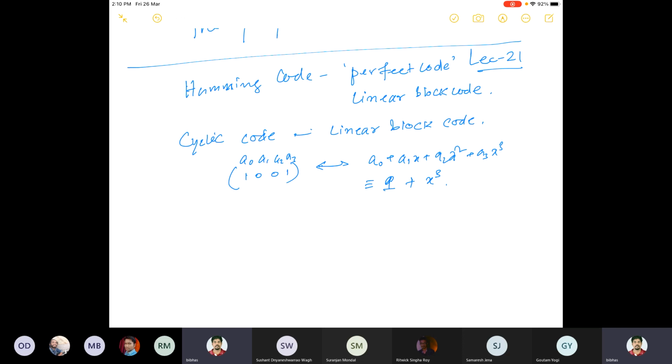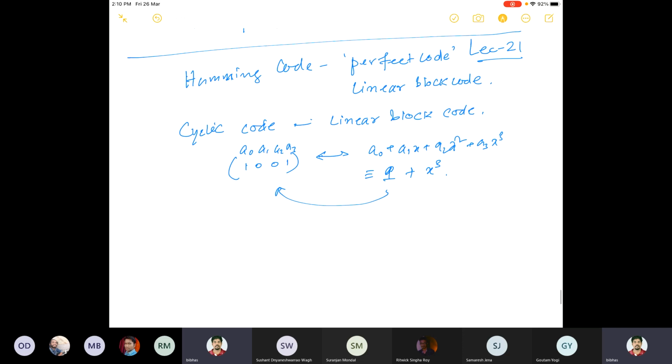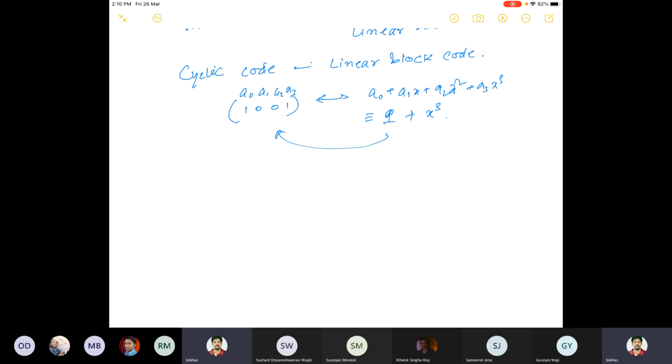And not only that, for any polynomial like this, from the right hand side, we can go back to the left hand side, collecting all the coefficients of the polynomial. So essentially, if we have a binary string of length n, a0, a1, dot dot dot, a n minus 1, then we can construct a polynomial, the summation of aj x to the power j, j equal to 0 to n minus 1. So this is a 1-1 correspondence.